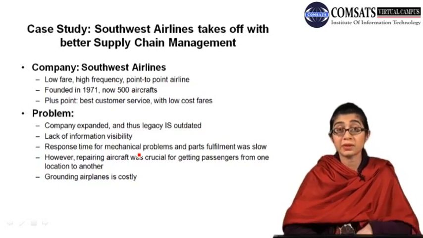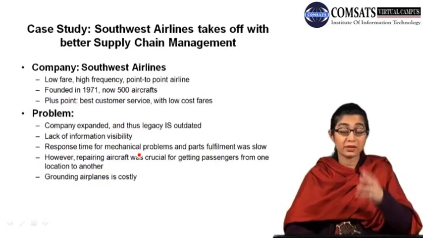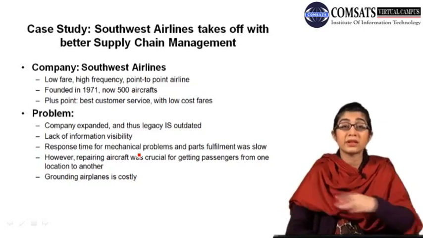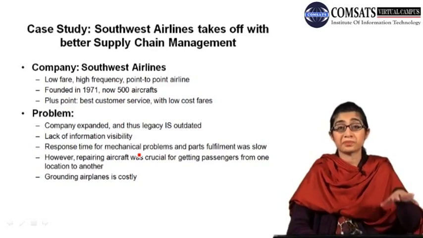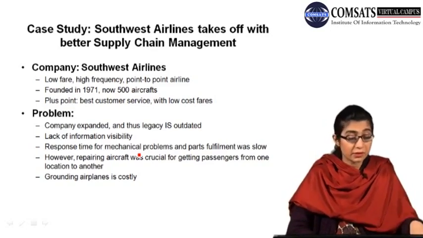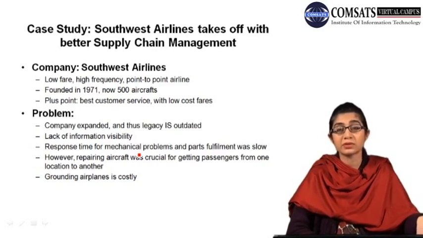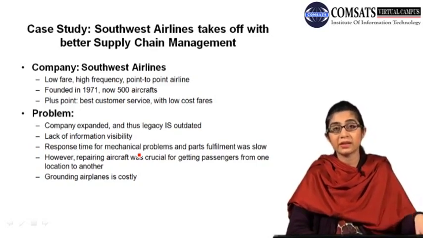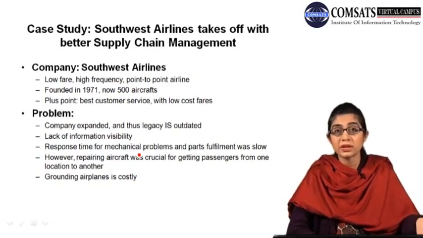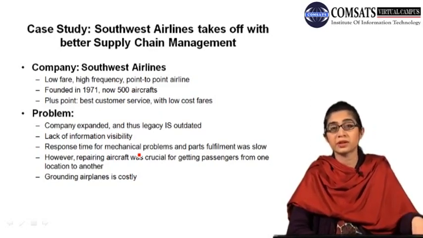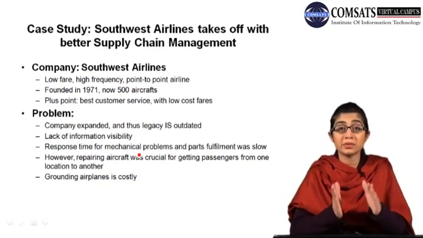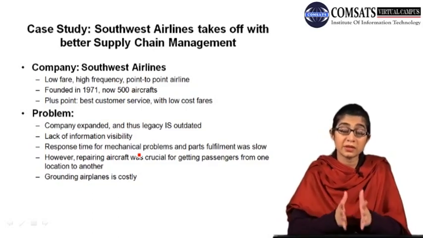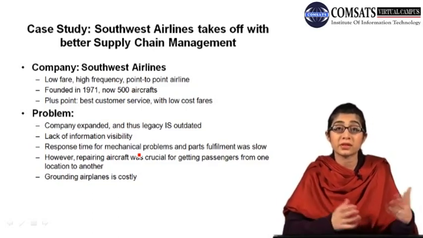Right जी. So दूसरा problem क्या था? Because they had to repair the airplane, तो उनको planes को obviously ground करना पड़ता है, उनको थोड़ी देर के लिए उनको रोकना पड़ता है. So when they had to ground the airplane, that means that plane was not in use. That means again उनका कहीं ना कहीं वो नुकसान हो रहा है. That if that plane was in use, that means it was transferring people from one place to another. So again grounding the planes was costly for them just because उनका grounding time ज़्यादा हो जाता था,